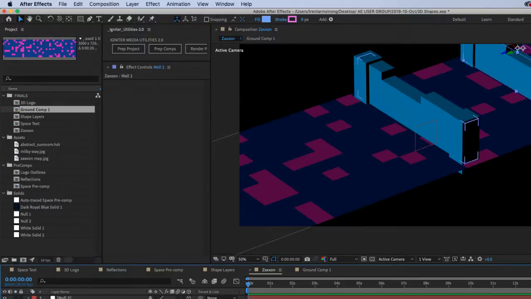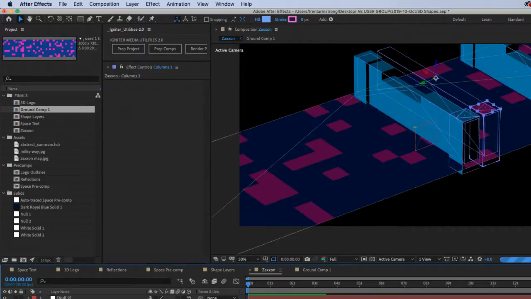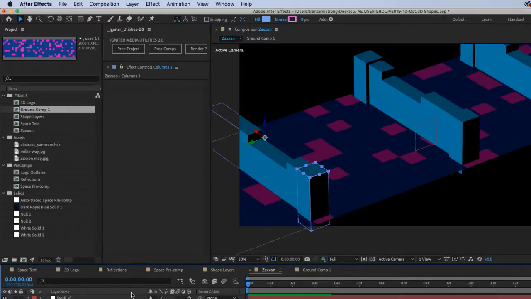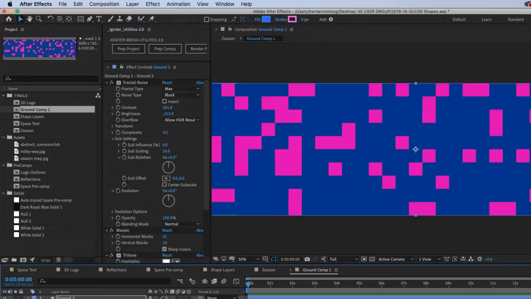We can even make another wall like that. Wrong way. Bring it down here. Like that. Since the floor has a fractal noise thing going on, can you still extrude it? No. Okay. So in order to make that happen, what I'll do is